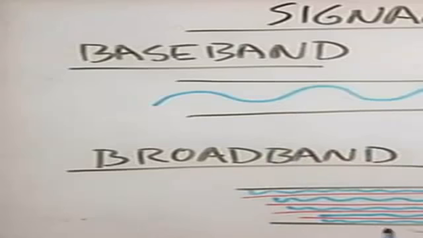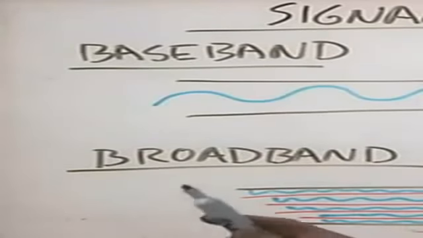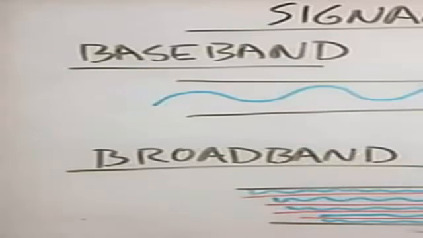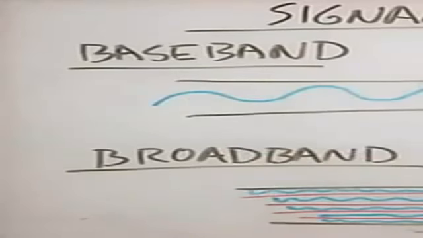Baseband signaling, in the old days, I used to use the example of a telephone. Now, telephone systems are starting to use broadband signaling to allow you to have DSL and your telephone conversations at the same time. But in the old days, telephones used to use baseband signaling. In other words, you picked up the phone receiver and you made a telephone call. Well, while you were using the phone, someone else on a different extension in the same house couldn't lift up the phone and make a phone call at the same time, right? Because you could only have one signal on the wire at the time. Those are the two different types of signaling that's used